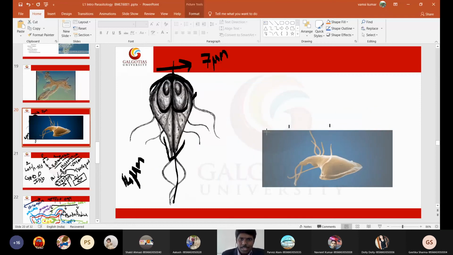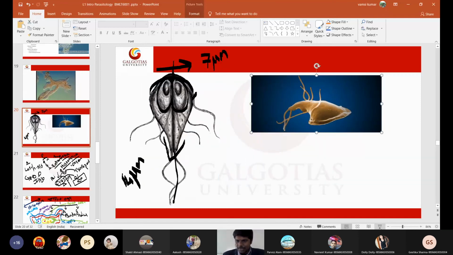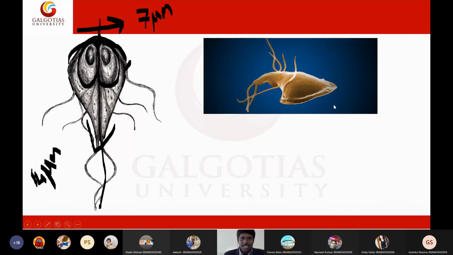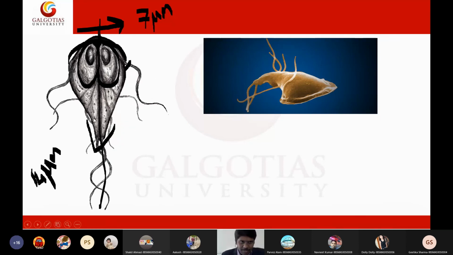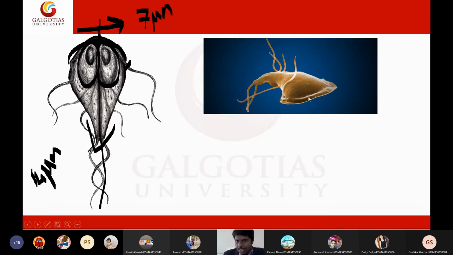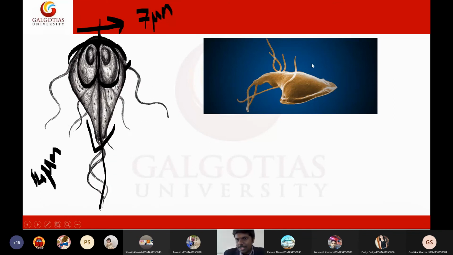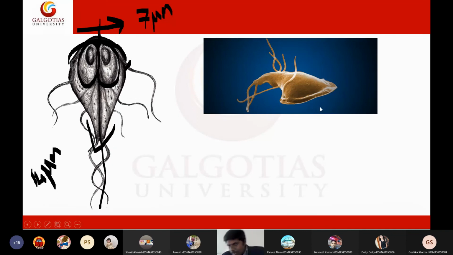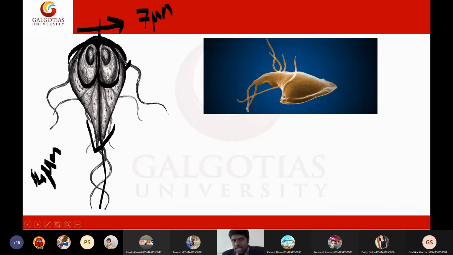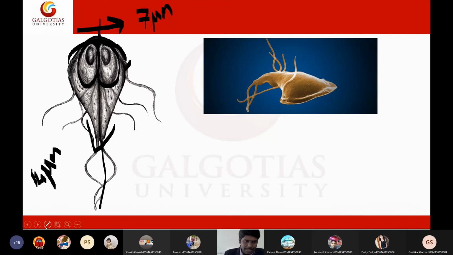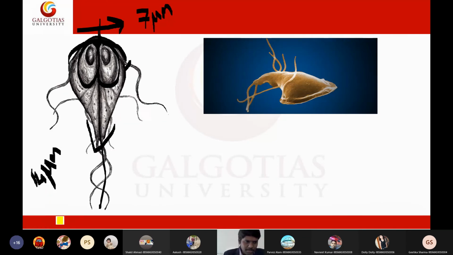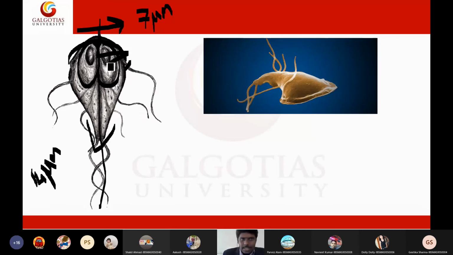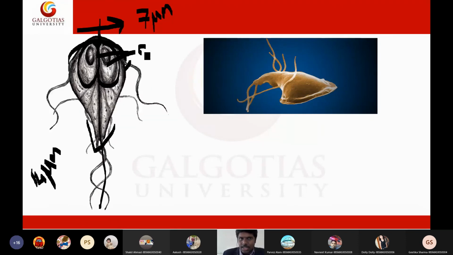Got it. This will be the reality. So this is how it looks. See, students, in this diagram we are showing it from the bottom. If you keep your camera here and look from the top like this, it looks like this picture. So it has two sucking discs. Beneath this you will see two sucking discs. Are you listening, students? Yes, sir. These are the two sucking discs.